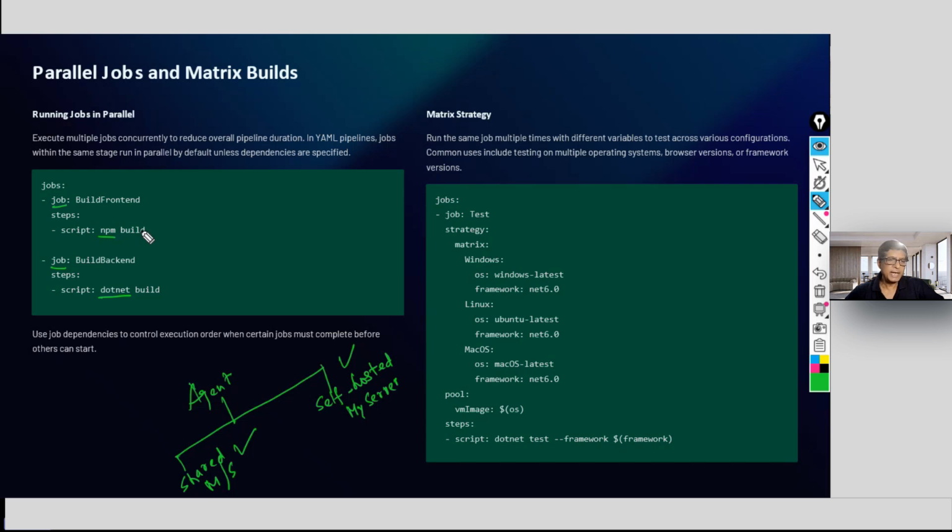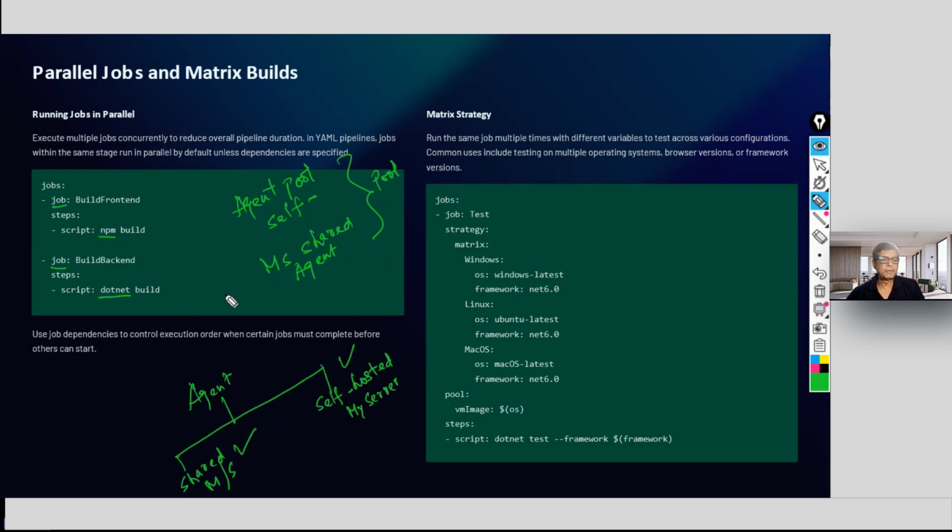Or you can redirect to an agent pool. In that agent pool, maybe this particular NPM is on a self-hosted agent. You can redirect it. Or this one, .NET, is on a Microsoft hosted agent or shared agent. Because I did not install .NET compilers, which is the Microsoft compilers over here. Microsoft compilers are definitely available on the Microsoft shared server agent. Okay. So this can be in a pool of agents.